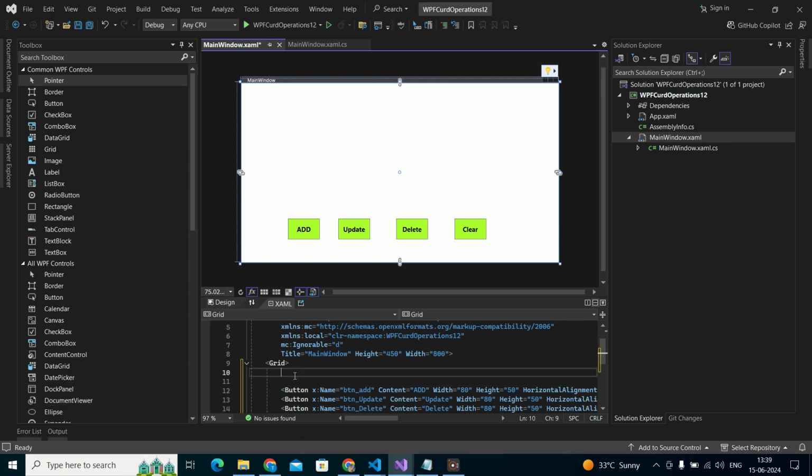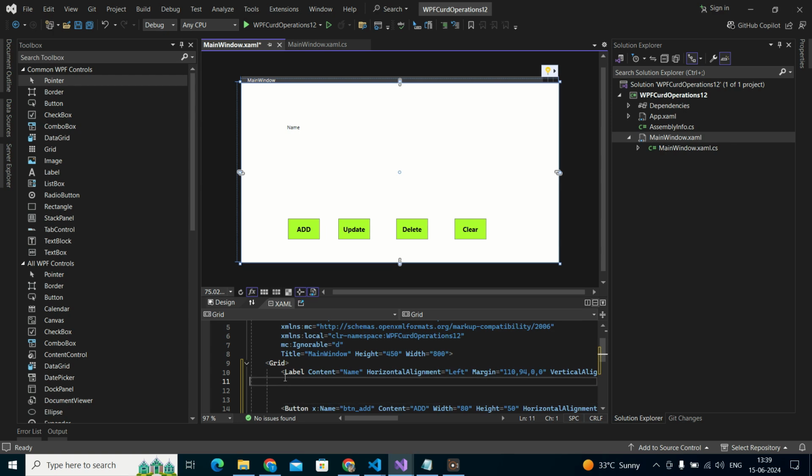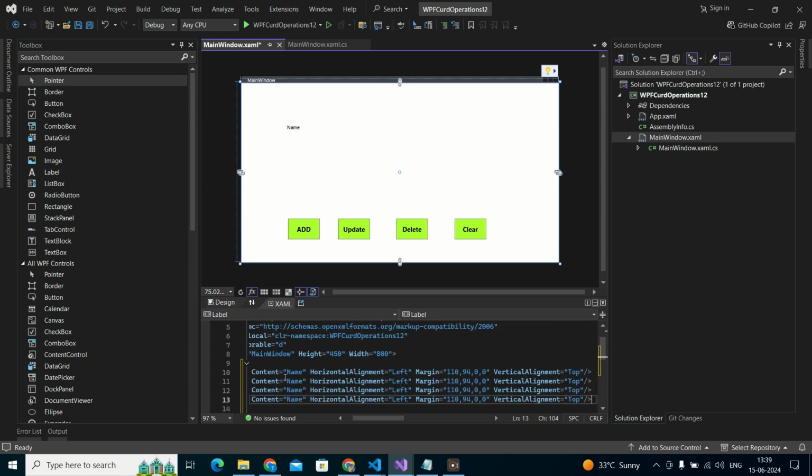Now here I am adding the labels like name. I am also adding the remaining labels. First I am adding labels, remaining labels also. Now I am giving whatever name you want. I am giving name,